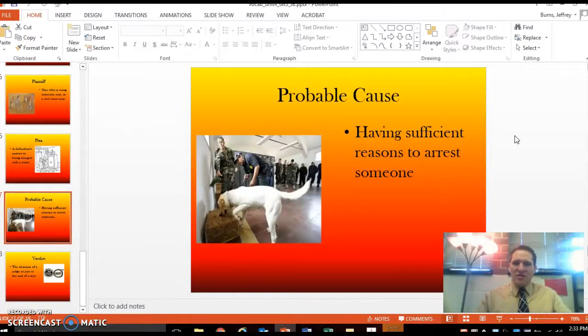All right, probable cause. In order to arrest someone, it's part of the arrest sequence. The police need probable cause, reason that leads to you. Fingerprint, witnesses saw you somewhere, you got caught on videotape, there's a piece of your clothing at the scene, something of that nature would be probable cause to lead to an arrest.